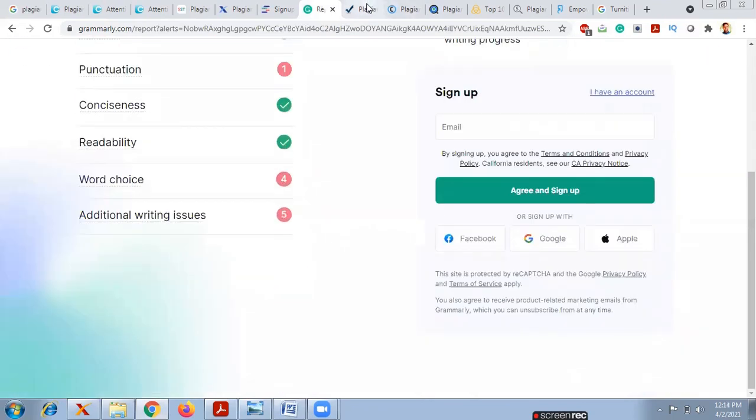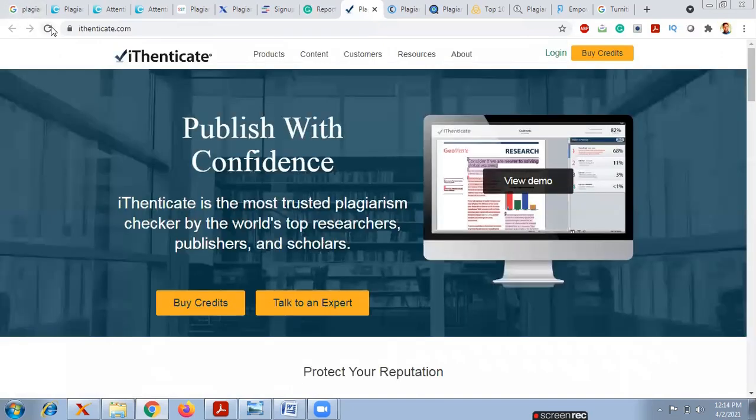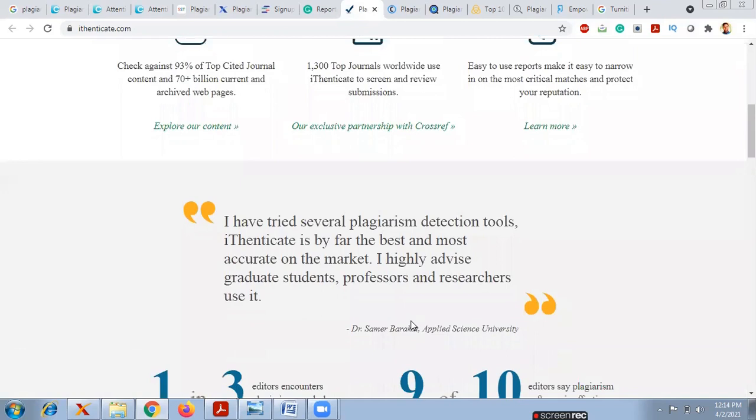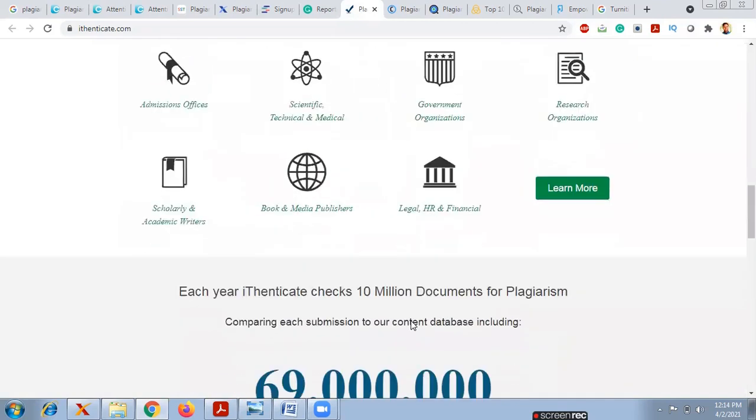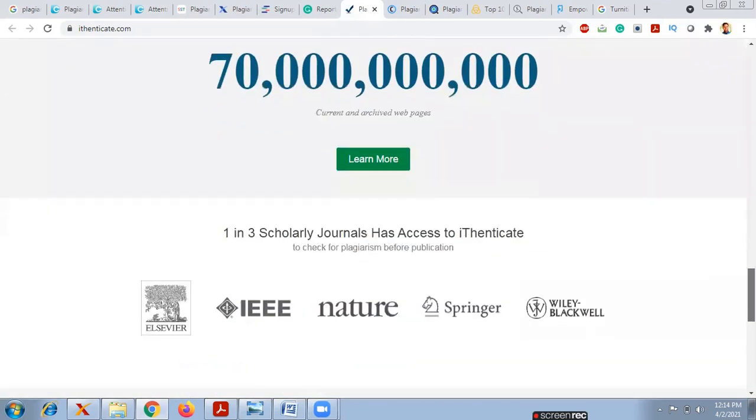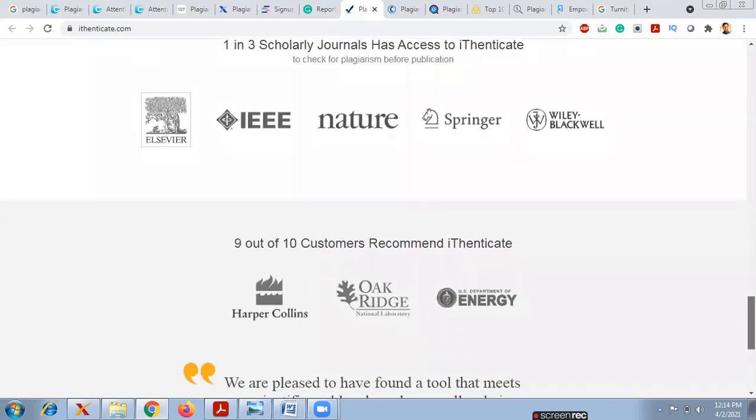And next one is Authenticate. This is the most important one. Authenticate software, which most of the researchers will use for the plagiarism content. But before submitting a paper to a journal, whether it is a normal journal or Scopus journal or Web of Science Index journal, whatever it may be, the content whatever we are writing, the originality report should be in good manner, and the plagiarism content also within 20%. You see, in most of the cases it is showing how it is useful for all the journals.